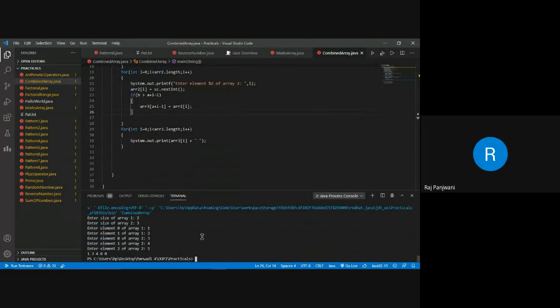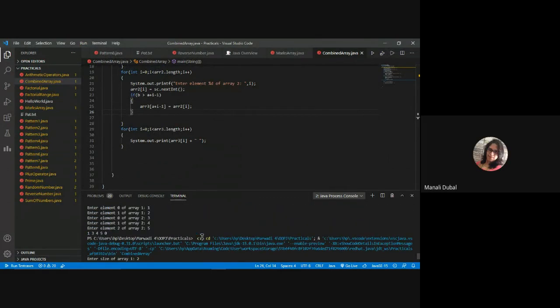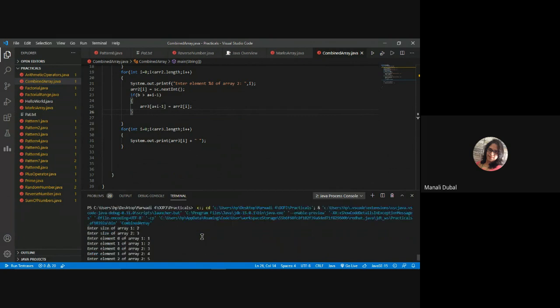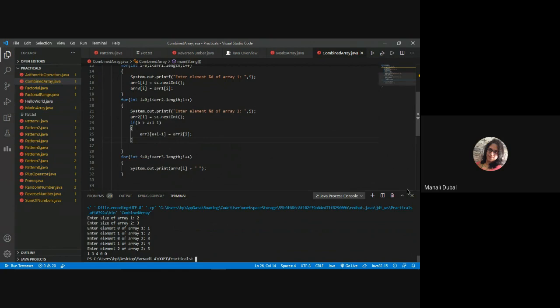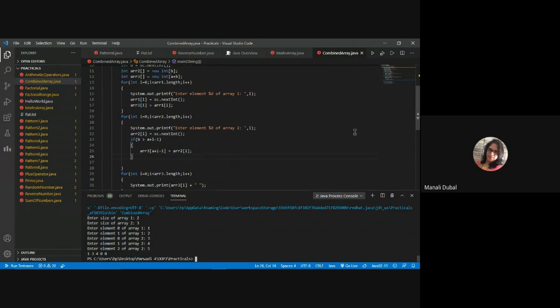Ma'am, that array merge. Oh, okay. You will need another loop for copying the other array. Initially you're copying in the first loop itself. Okay, good. For the second, you are inputting the element, but you are copying at which location? A plus i.